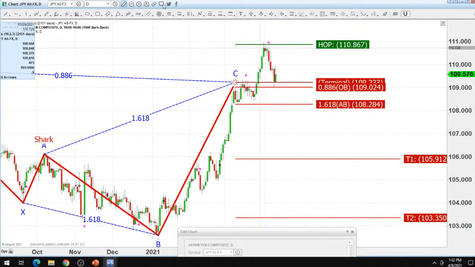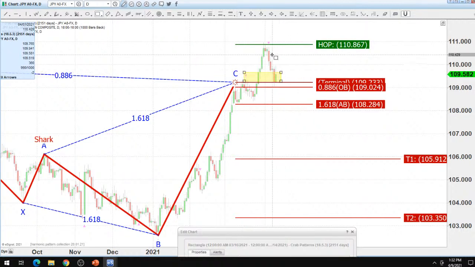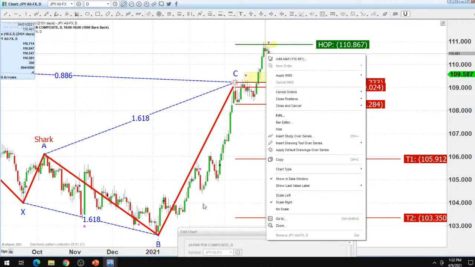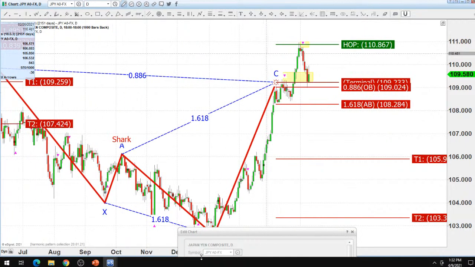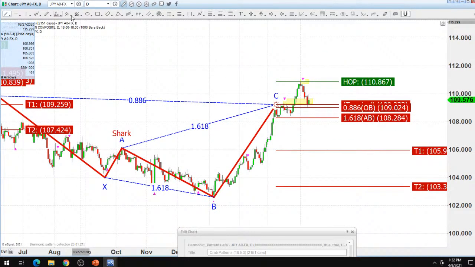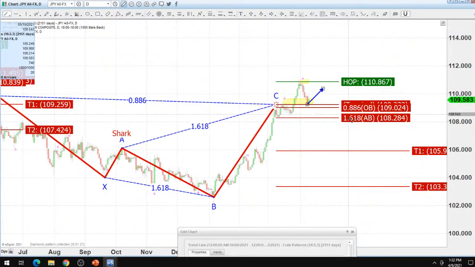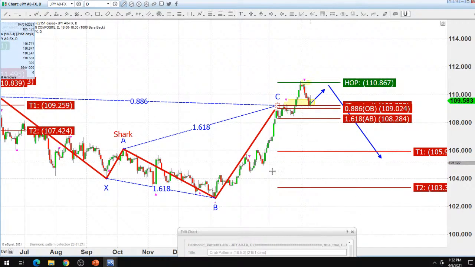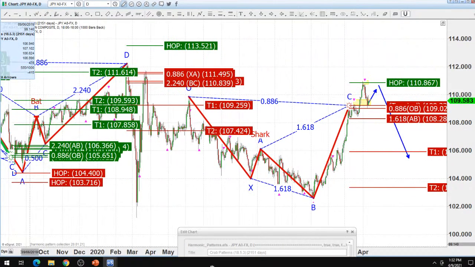And look at where confirmation comes in and your check back. Right about there. So we get 1, 2. That's your absolute second HSI, 110.86 on the daily. This just has started, and it's a daily time frame, but I don't expect this to bust above that hop level. Maybe we come back for one more check back, and then I'm looking for the full move down to 106. The shark is completed,